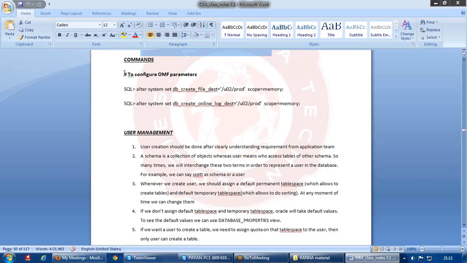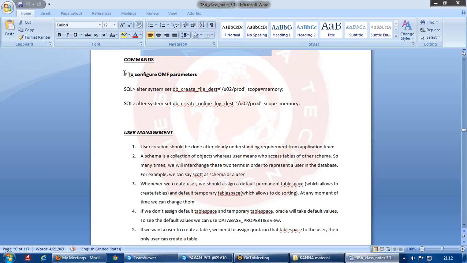That means if today I feel I don't require this particular permanent tablespace, I can change it to some other tablespace. All that is possible through this user management.